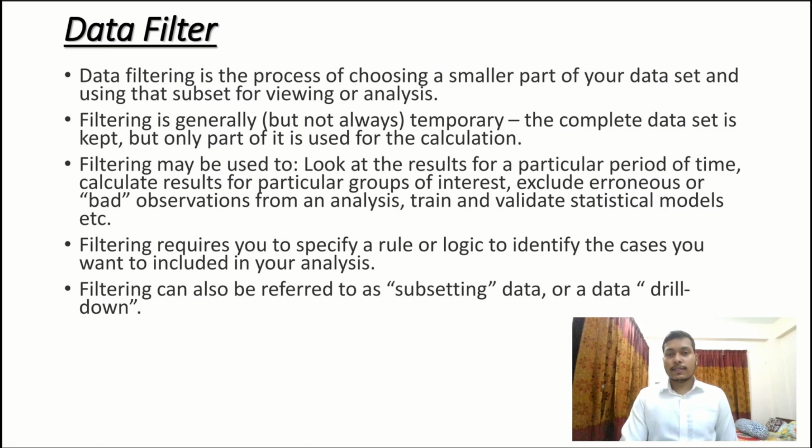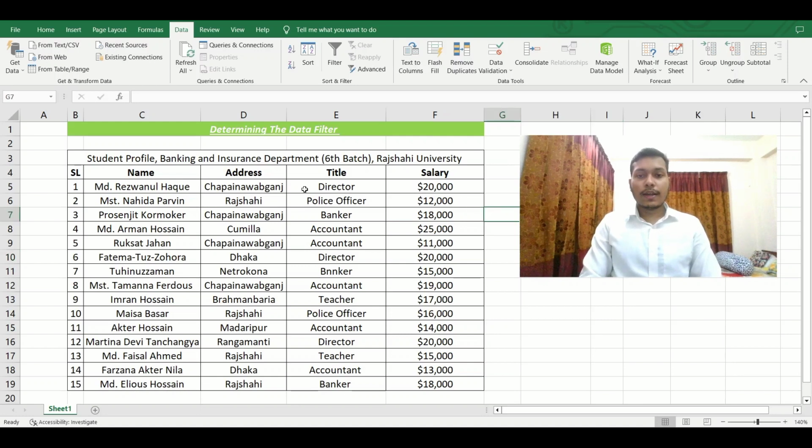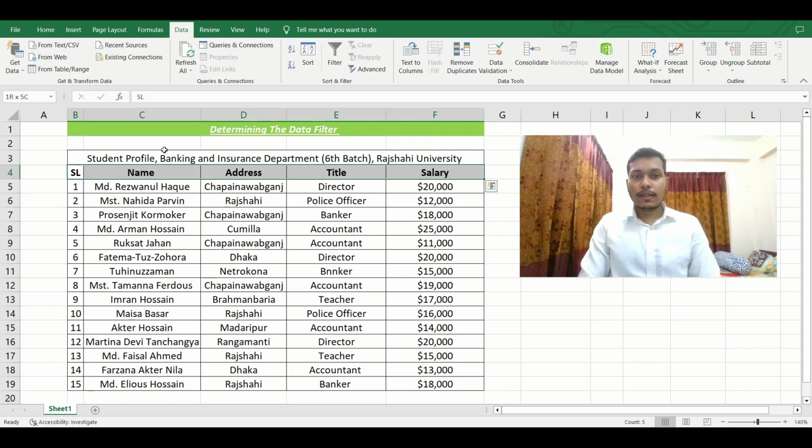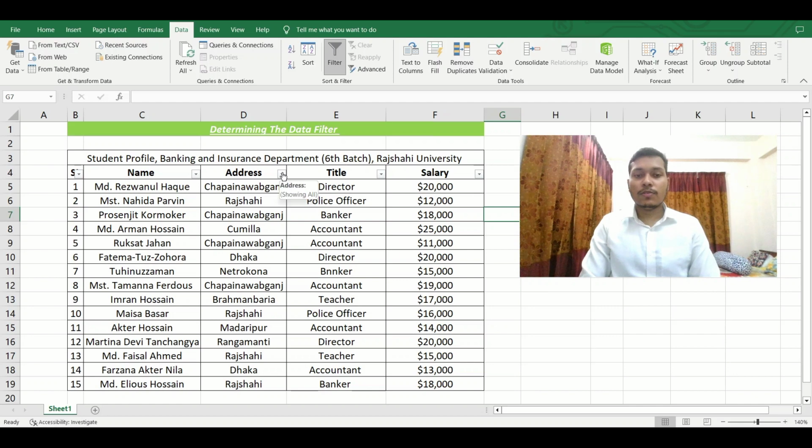Let's move to the Excel sheet to see a live example. Here you can see that this is a data table. So if you want to filter data, just click on here, then click filter. So it becomes filter. So if we want to know how many people are from Chapanabhagan, just click